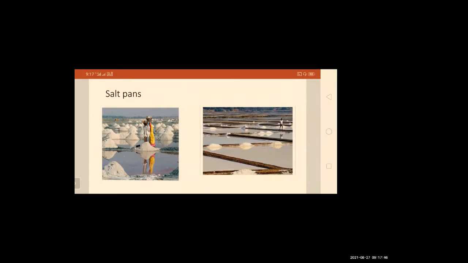See, from where do we get this salt? We know that we get the salt from ocean, from sea. See, these are the pictures of salt pans. Salt pans means what? Salt pans means the places where we store the water, ocean water or sea water,